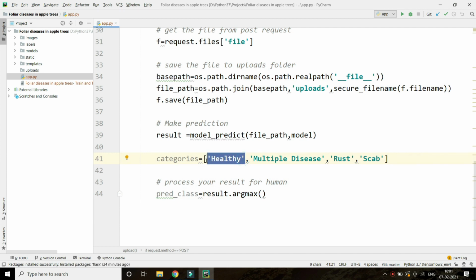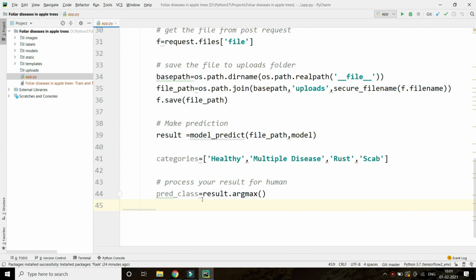If it gives 0.90 here as the highest, then what is the index? 0. This is 1, this is 2, this is 3. So argmax, only argmax. I think I have written it correctly.